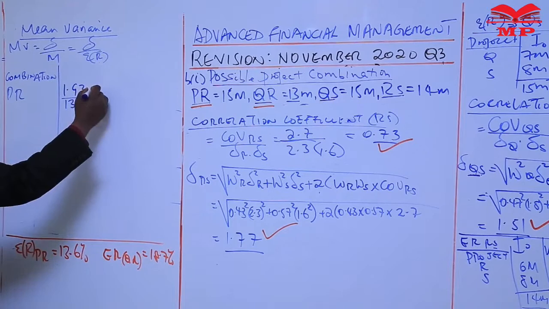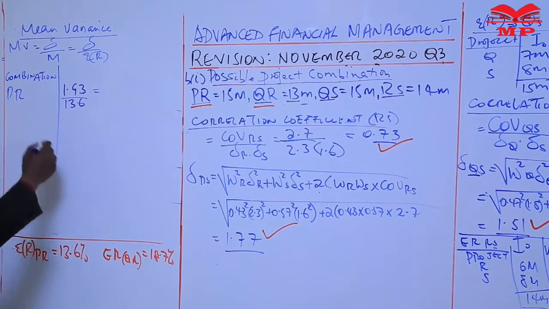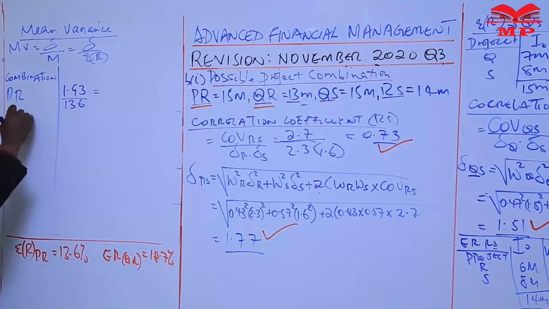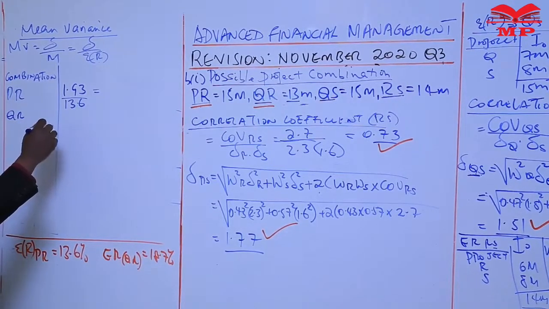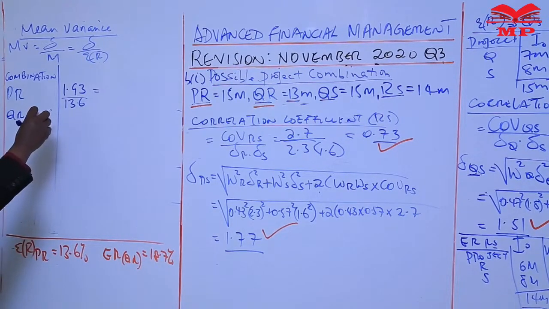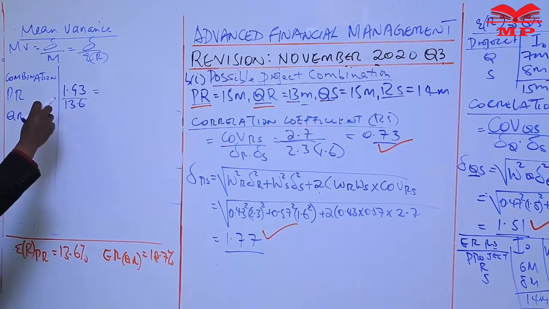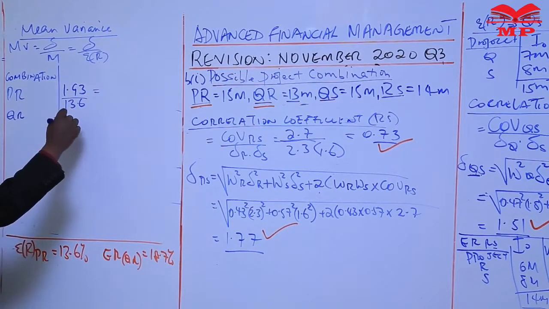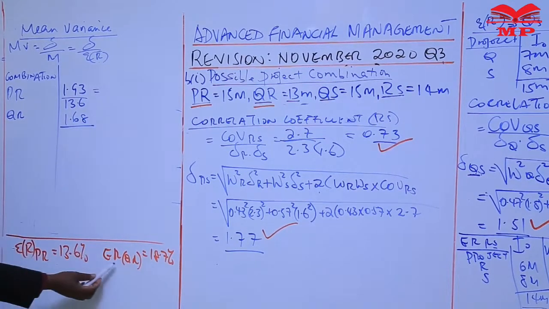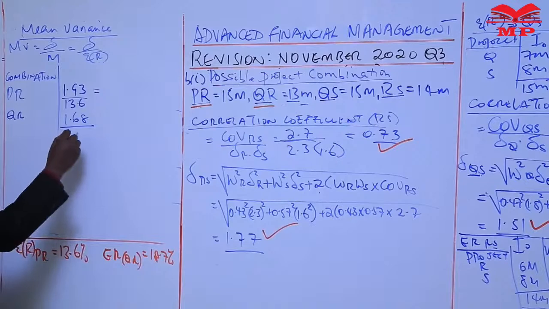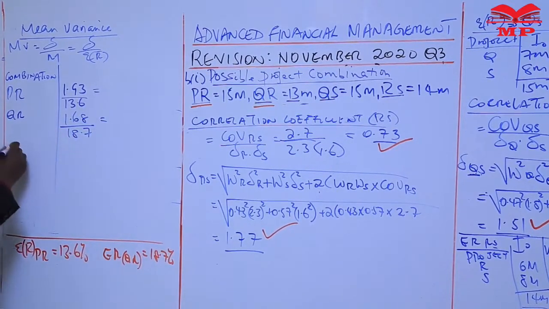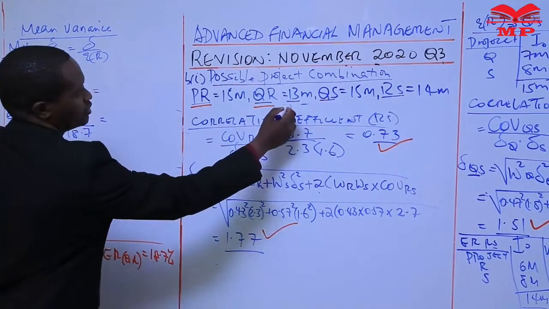13.6. The next combination is combination QR. The standard deviation of QR, we calculated it, is 1.68, divided by the expected return of QR, 18.7. Then the next combination is combination